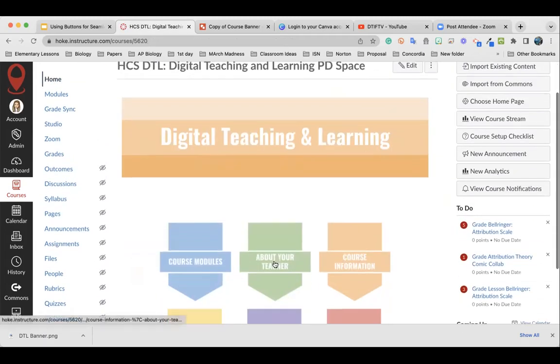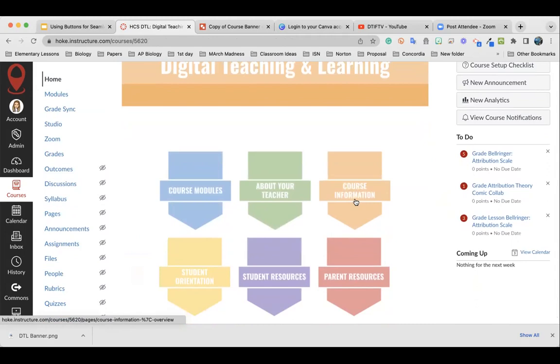All right, so we've talked about your teacher. You can do the same thing with all these course information. If you have some student resources like Desmos, if you're a math teacher, D-E-S-M-O-S, an interactive calculator, or if you're using Bridges and you've got some manipulatives that you use often, link those to student resources, parent resources,